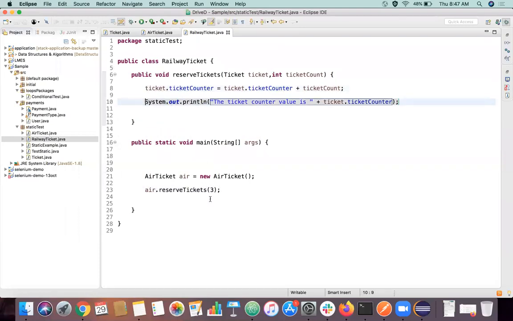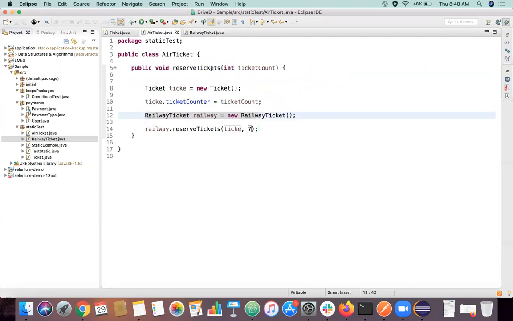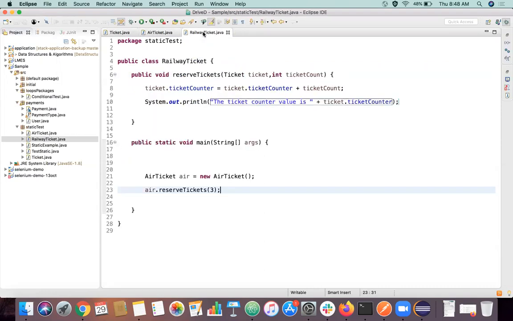It's kind of too much work and overkill, right? And we don't know which method to call and where to increase and all. If we have one more, I mean a bus ticket, or one more kind of ticketing system, it becomes too complicated, right? Passing objects here and there. So whenever we can have a centralized static variable like this, we can increase values based on whatever method is called. It becomes simple and straightforward, right? In those kinds of scenarios, static is very useful.